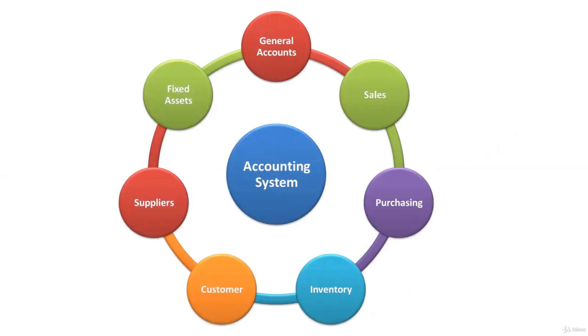Now the next thing is, we have to analyze the accounting system. In the accounting system, you will be able to analyze the general accounts, in which we provide our statements, our details, and the activities or transactions that happen in day-to-day business. Those are sales, purchase, stock entries. I can use inventory in place of stock as well, the customer record, supplier record, and our fixed assets, like land, building, machineries, etc.